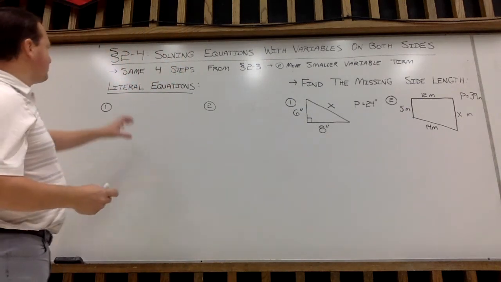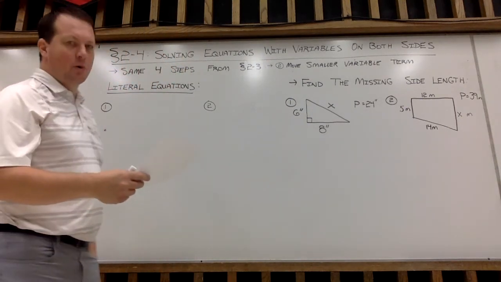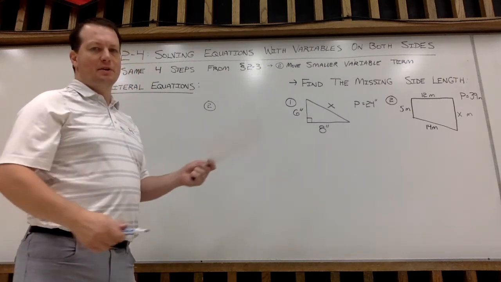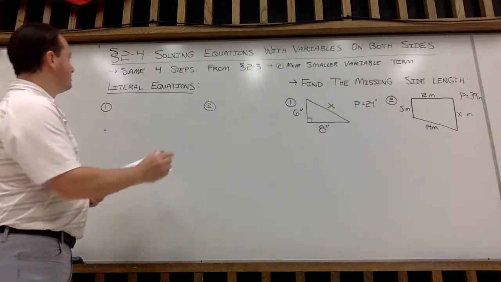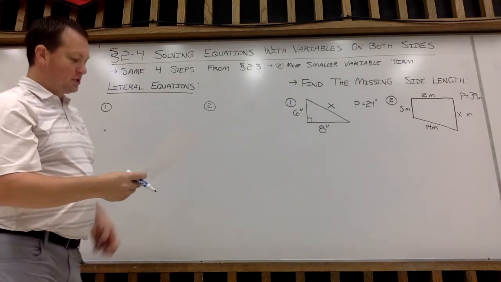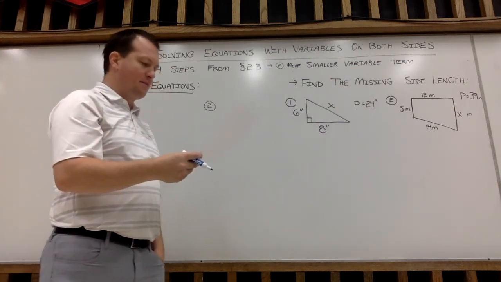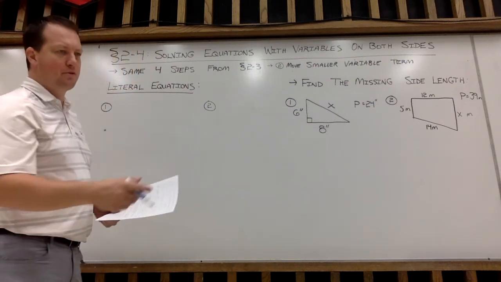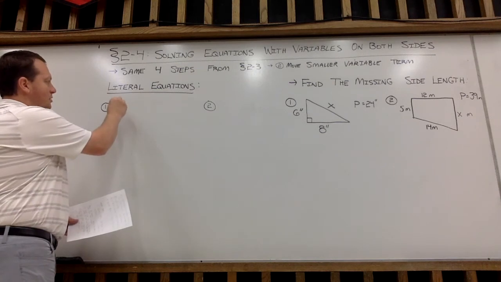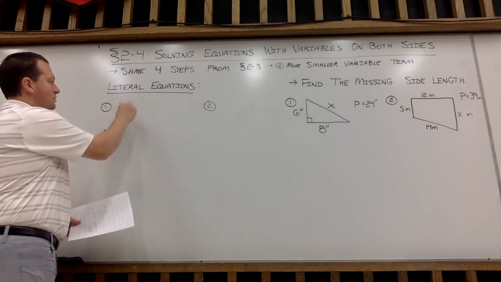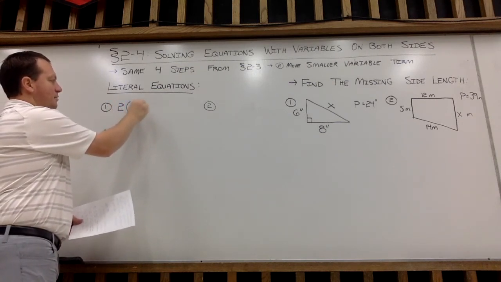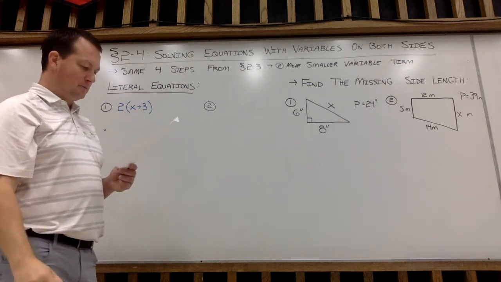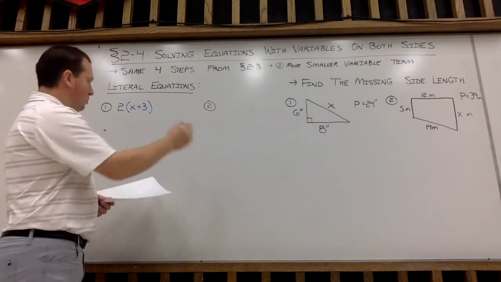Final 4. We have some literal equations here. We're going to work on some word problems where we write down exactly what we read word for word. So first example says twice the sum of a number and 3. So I'm going to take 2 times a number and 3 added together. So that's going to look like 2 times the sum of a number and 3. So 2 times the quantity of x plus 3 is equal to, okay, equals